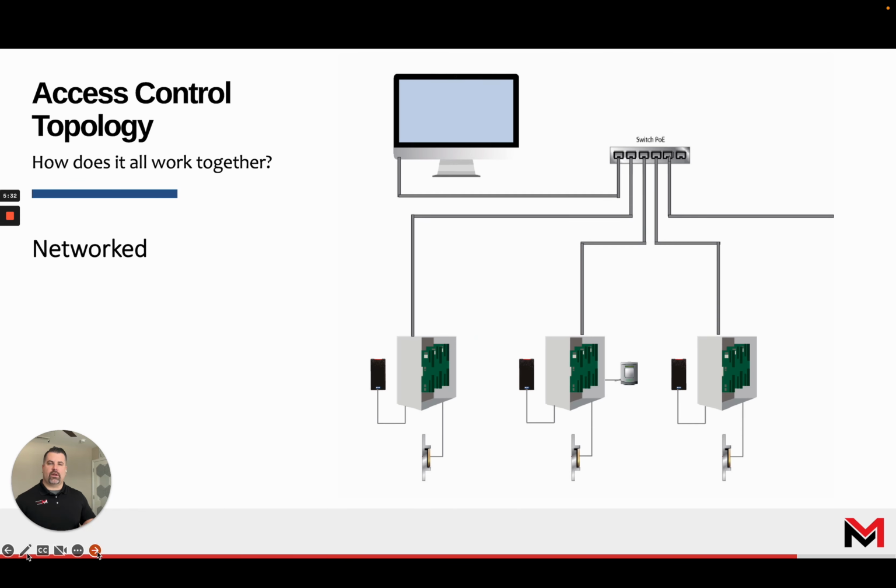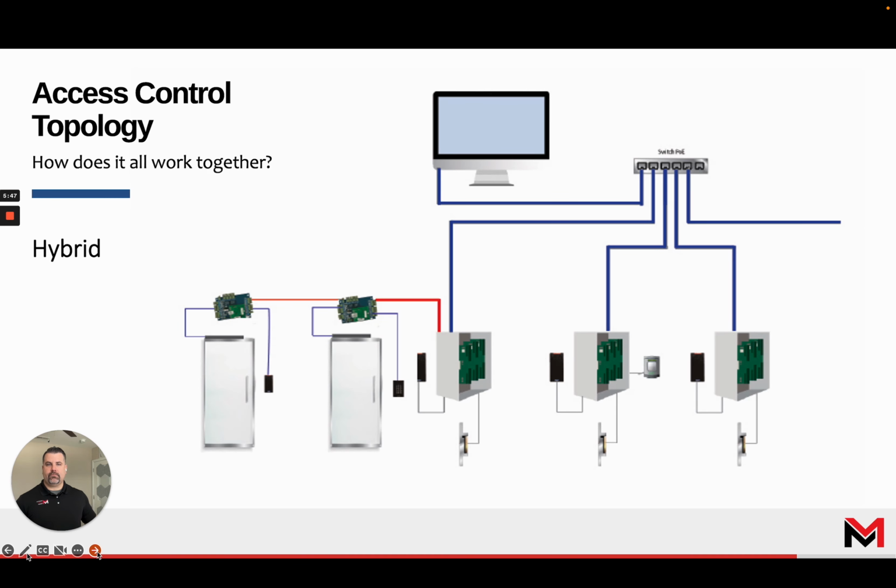The next would be a network configuration. Very similar, we have a computer in the property manager's office or a server room that's connected to the network, and each one of the controllers in our network environment is individually connected to the network and can be directly communicated with. And last, we have a hybrid environment where some of the controllers are on the network, and from this one here in the center, you can see there are two others that are on a daisy chain. So again, understanding this, particularly in a commercial real estate environment, as you're understanding how the network is going to be laid out, if you need to coordinate with an IT department, understanding some of these topologies can certainly